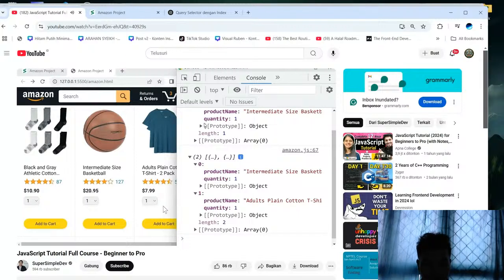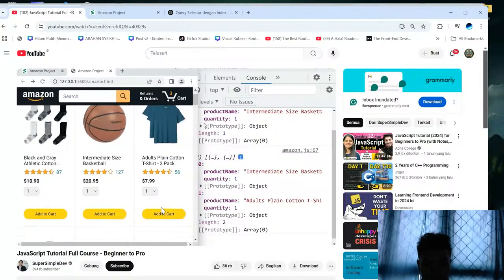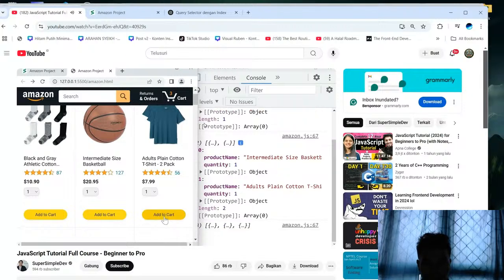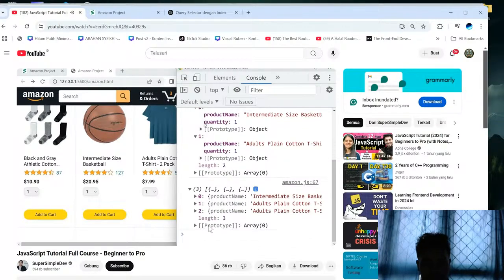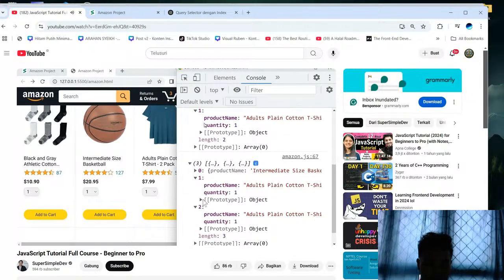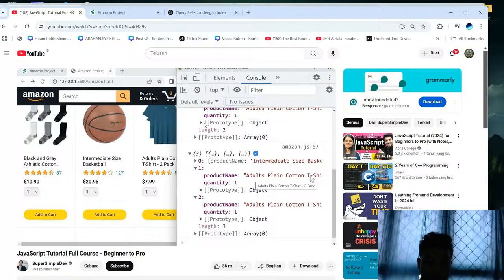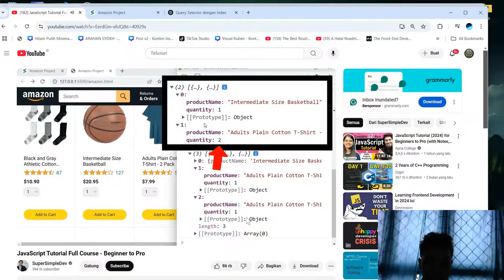Next, let's try adding 1 t-shirt again. If we click add to cart, unfortunately, this doesn't look quite right. The t-shirt product is repeated twice, and each of them has a quantity of 1. What we actually want to do